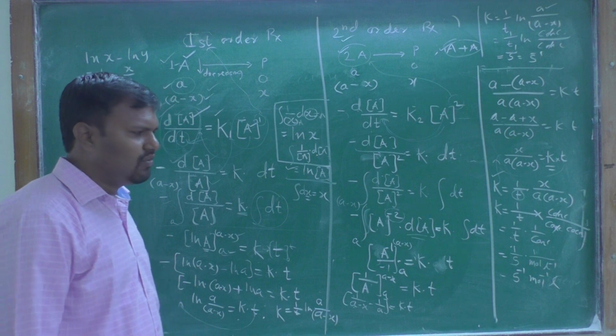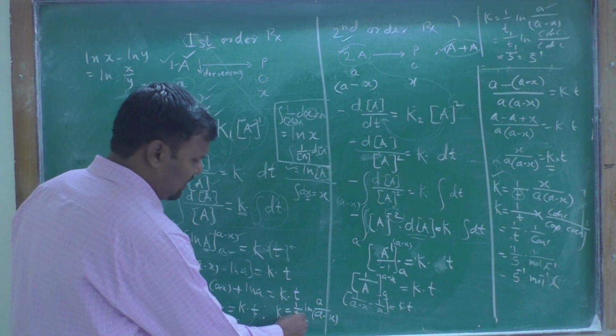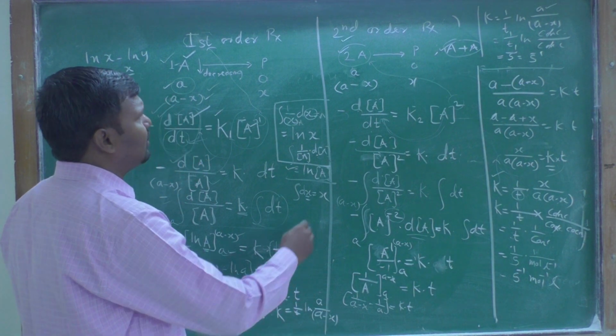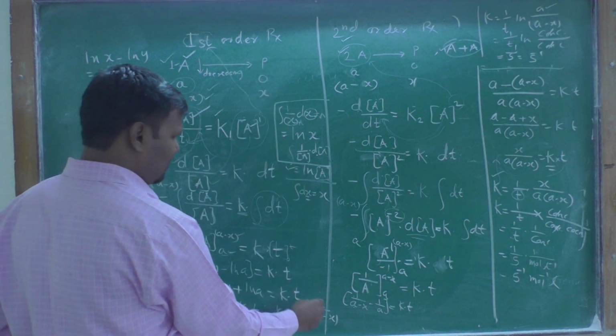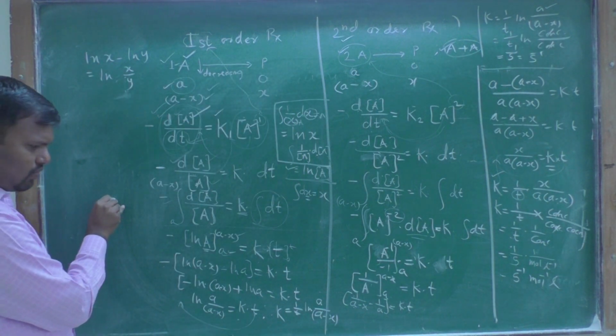How do you calculate t1 half? You have to replace t at that side. Therefore you obtain the equation as, we can write here, the equation will be